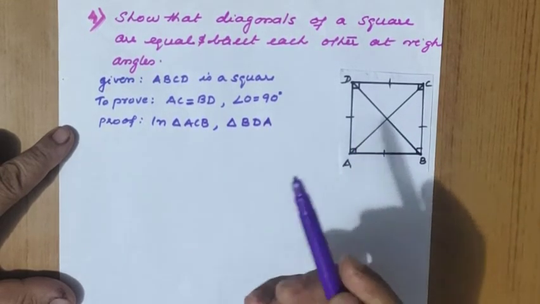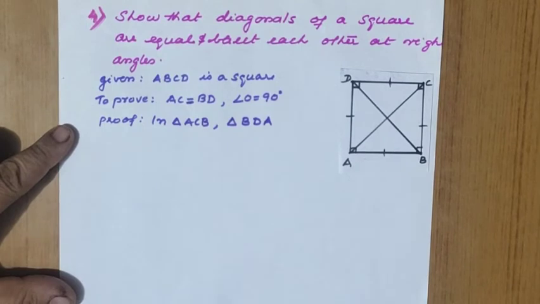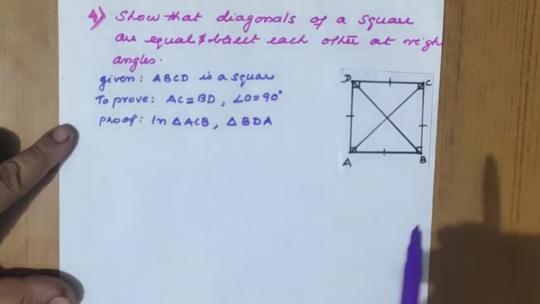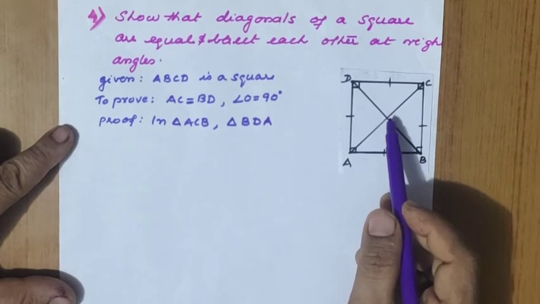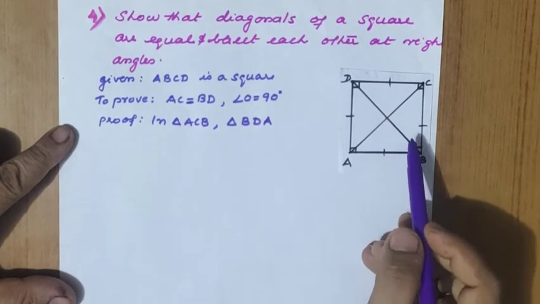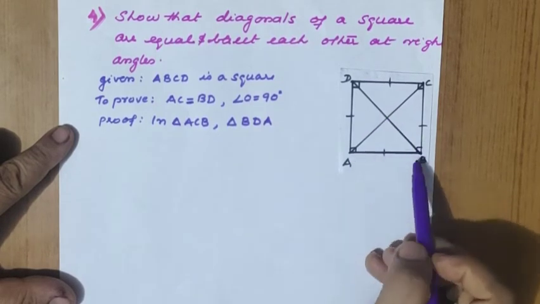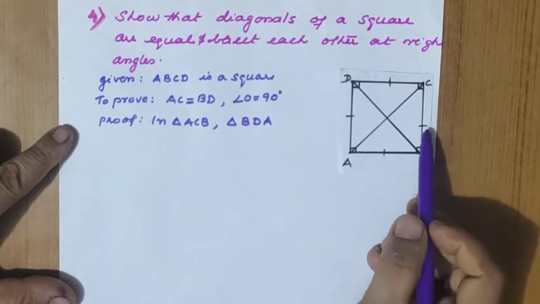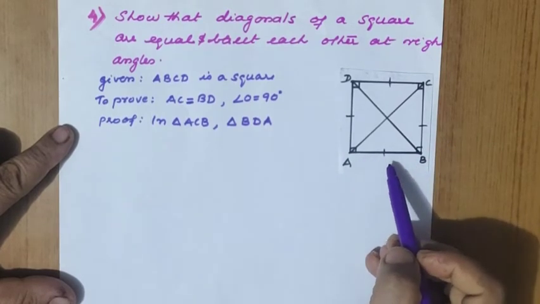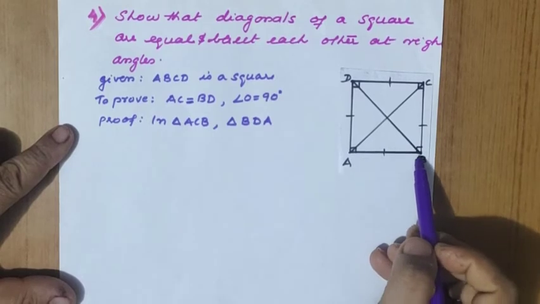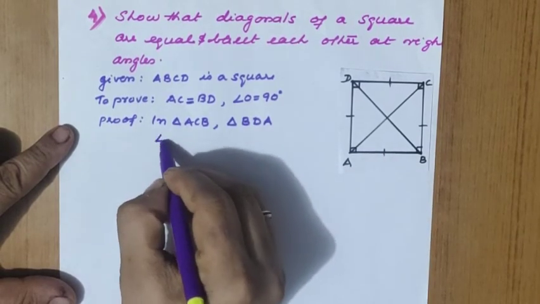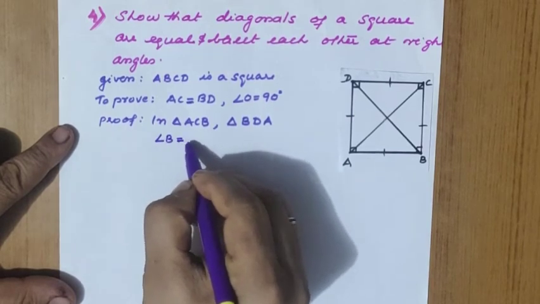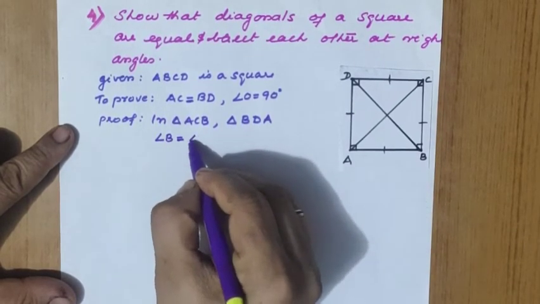ACB, BDA. Same proof we did, similar to the second question, I think. So what we can do for this one, that time it was given that AC equal. This time we have to prove that AC should be equal. So in ABC, you know that equal sides are already marked there, and one common side we should select. Angle B is 90 degree, we mark there. So AC, we will write that angle B is equal to 90 equal to angle A.